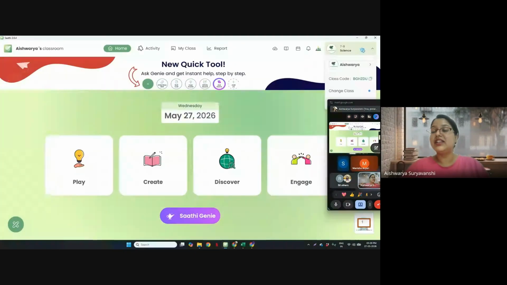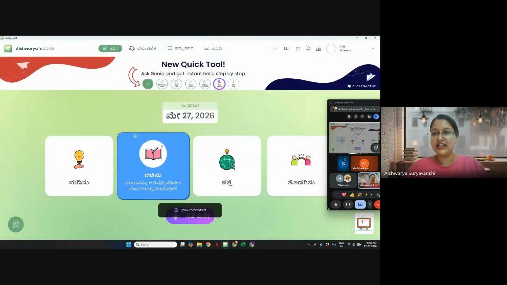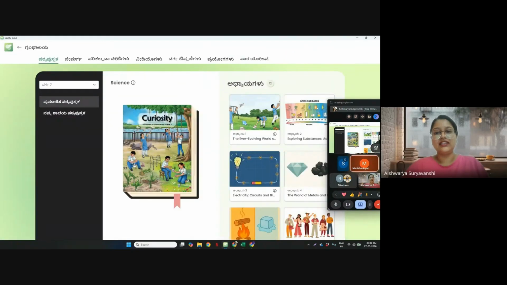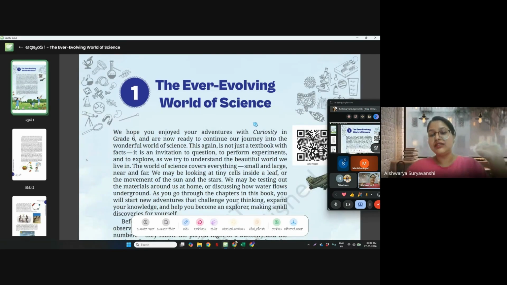So, ma'am, this will only happen if you have not changed the language setting into Kannada. So yes, you'll have to go to the setting first. Let me search for the Kannada option. So this is Kannada. Now our application is in Kannada, right? Okay. Now if I change the application language, it will get changed. Yes, according to the app. Because what happens is, ma'am, Genie is able to understand the language of the application. Whatever language is there on the application, the questions will be generated accordingly.